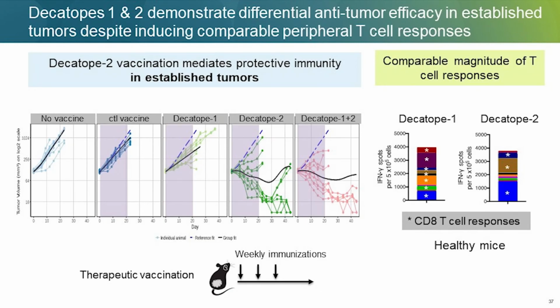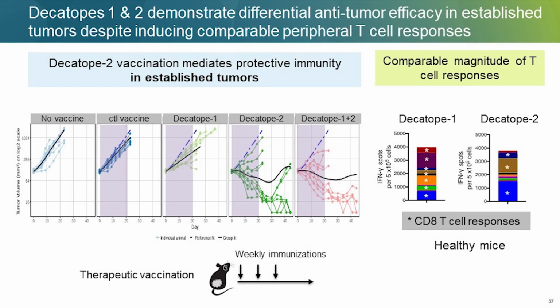So we went back and decided to look at our two decatopes. All the studies that we had done previously combined decatope 1 and decatope 2 for immunization. So this time we decided to immunize only with decatope 1 or only with decatope 2. And what you can see on this slide is that